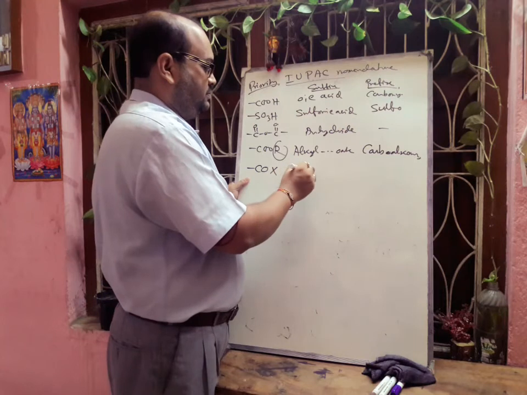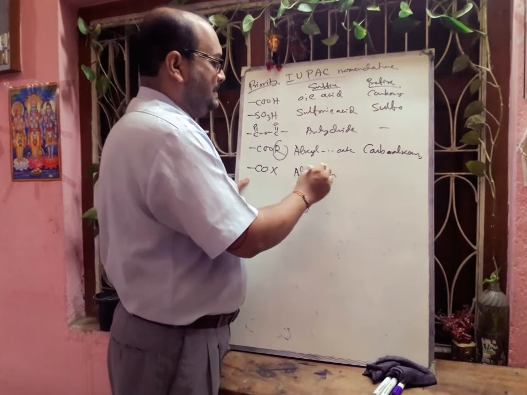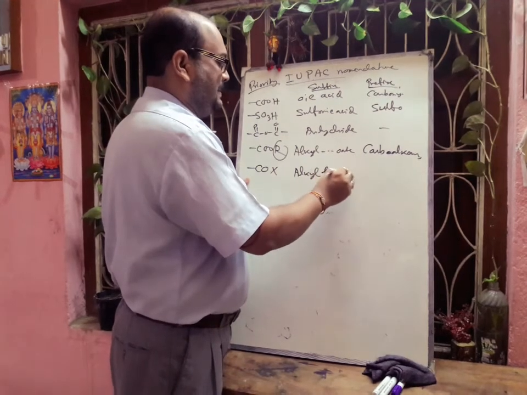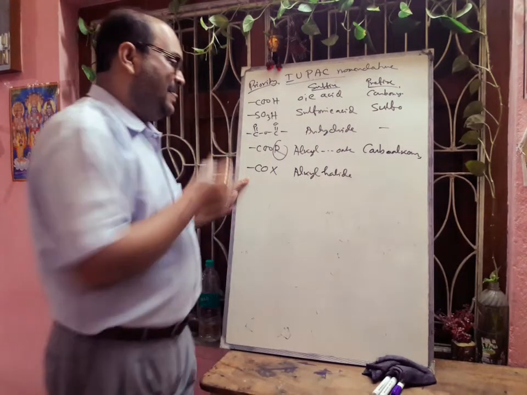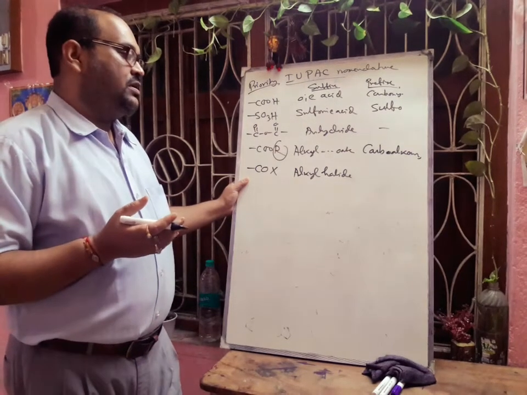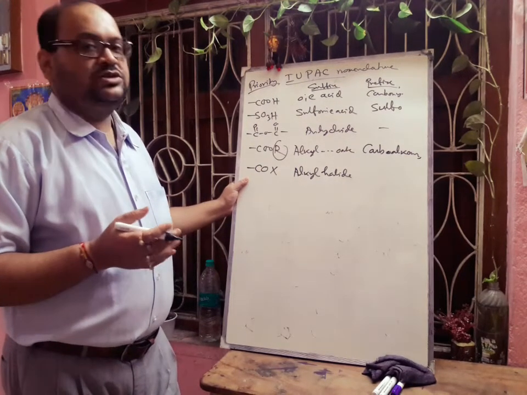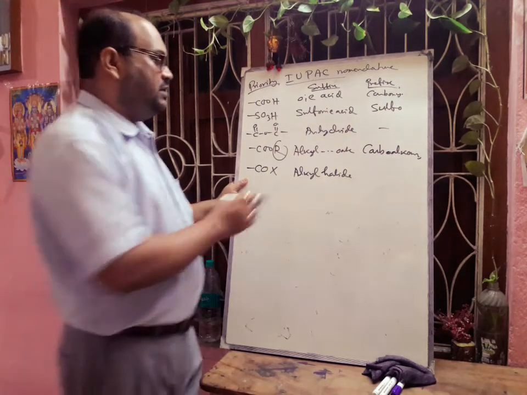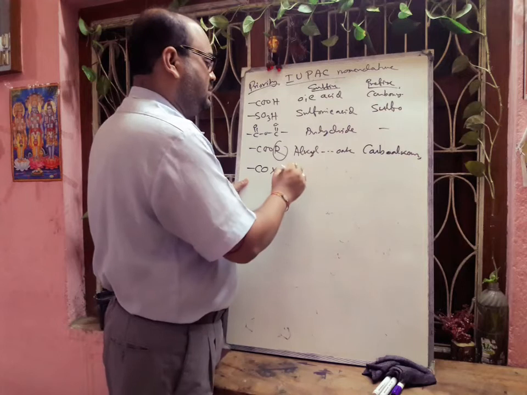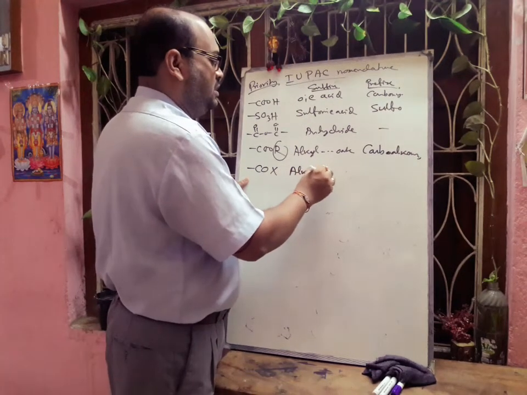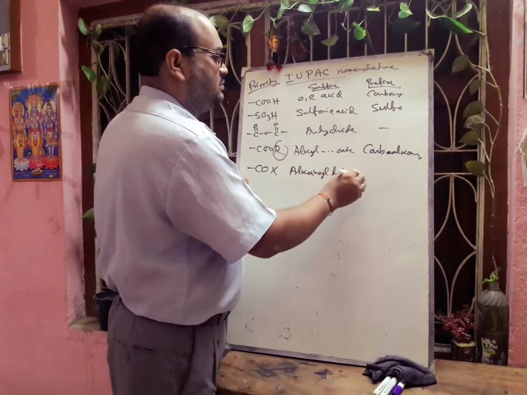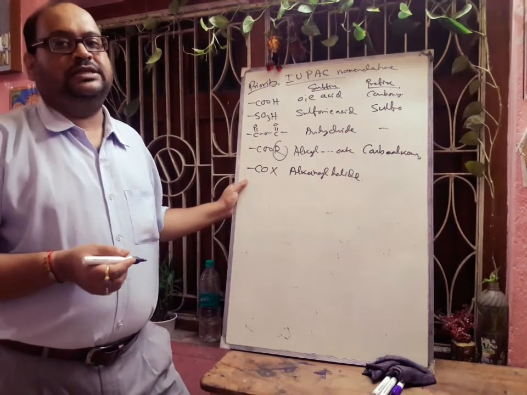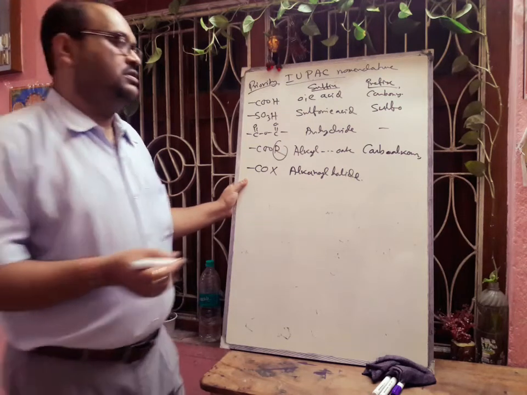Alkyl chloride or alkyl halide. Like if we think about CH3CH2COCl, this is called propanoyl chloride. Then you have to write alkanoyl halide. Alkanoyl halide. And if you think about the prefix of this compound, that is the carboalkoxy.